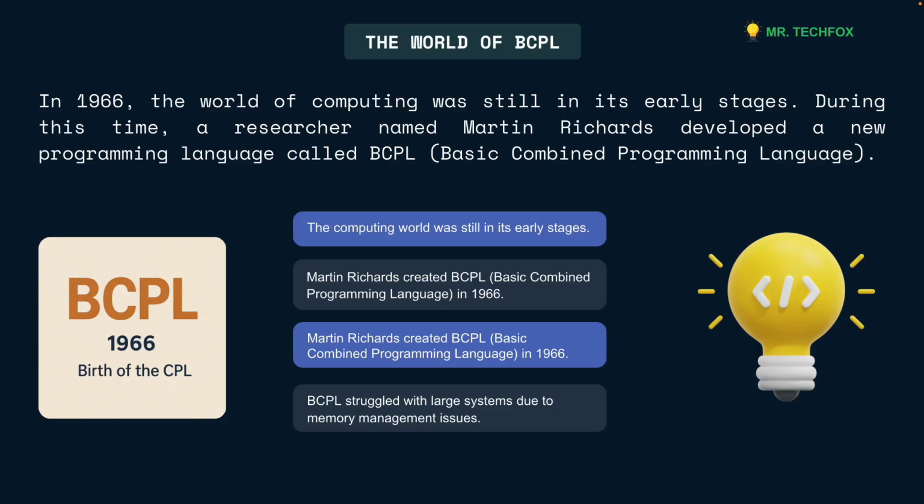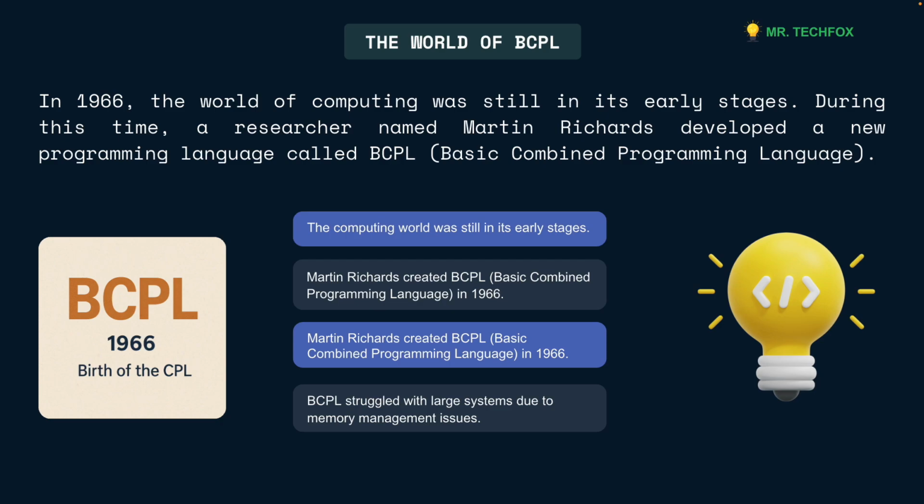The world of programming was still in its early stages, and that's when a researcher named Martin Richards developed BCPL, which stands for Basic Combined Programming Language. BCPL was an early attempt at creating a programming language that could be used to write large systems. However, it faced significant limitations, especially with memory management, which made it unsuitable for handling large complex software projects. Despite its flaws, BCPL laid the foundation for the development of other languages,